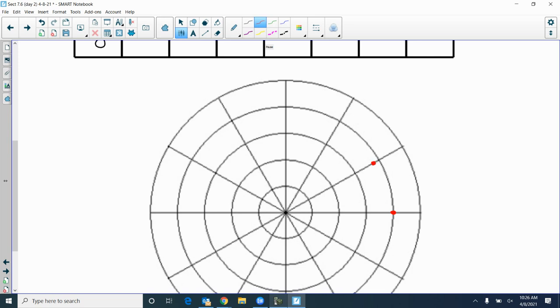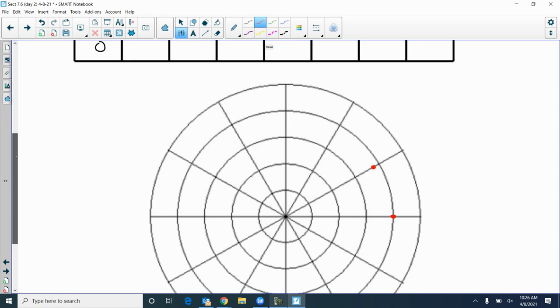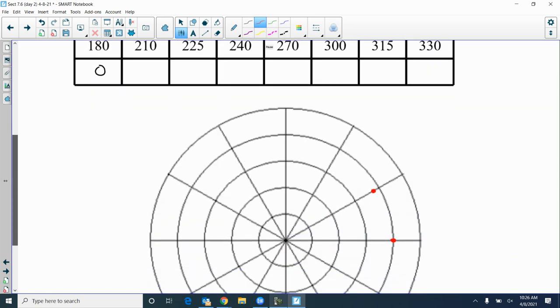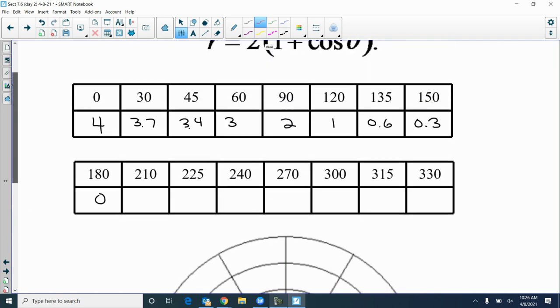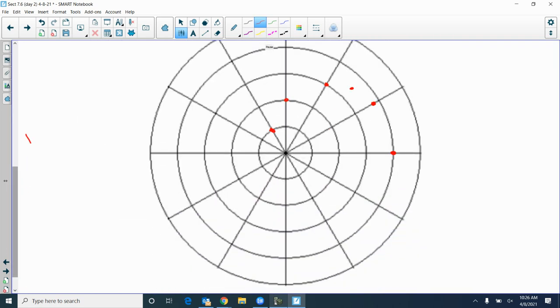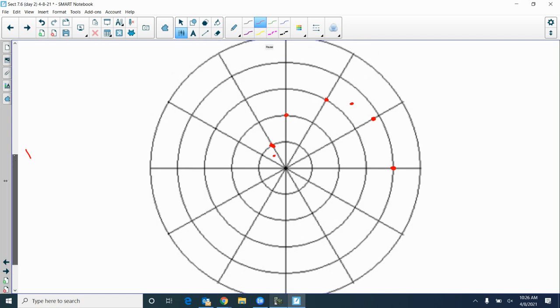Now 45 degrees is not a spoke. It's going to be halfway in between the 30 and the 60. And that's going to be 3.4. So graphing that. And then the next one is 3. What did we say? 2. 1 was 120. What's 135? 135 is 0.6. And then we get